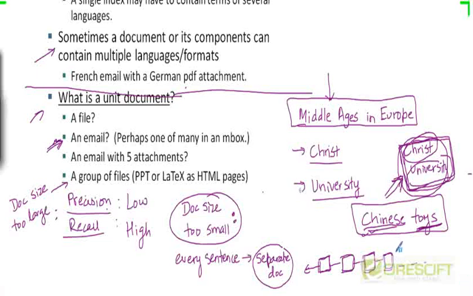But my point is that in the corpus as a whole, if you look at the original corpus from where you changed every sentence into a separate document, in that original corpus consisting of large PDF books, it's possible that there were many references to Chinese toys, but they were references where the word Chinese and the word toys did not appear in the same sentence but appeared in adjacent sentences. But by converting every sentence into a separate document,